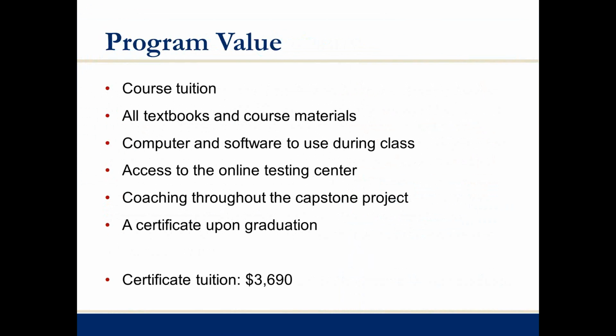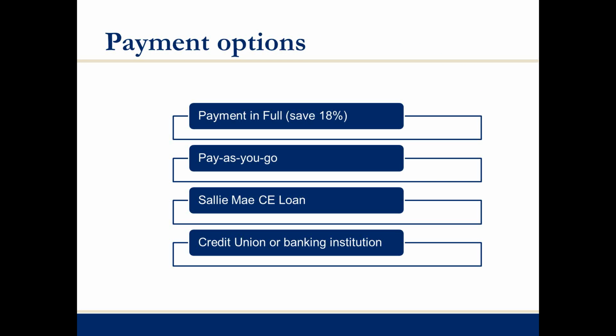So there's no hidden fees or book fees outside of this cost. In terms of financing your education,